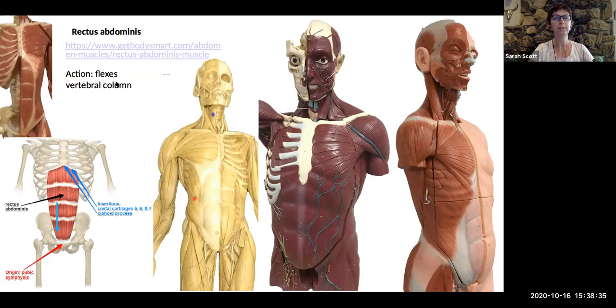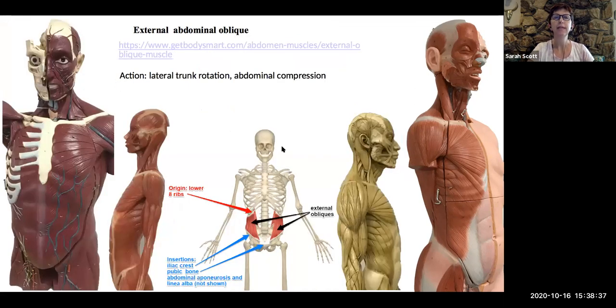First, we've got our rectus abdominis, the external abdominal oblique, and some people made the mistake of believing that abdominal compression is the same thing as flexion. So they demonstrate like doing sit-ups or things like that. That is not what abdominal compression is. Think of abdominal compression more as just exerting pressure on all your internal organs and holding them in place within the abdominal cavity. So abdominal compression does not involve movement of the skeleton.